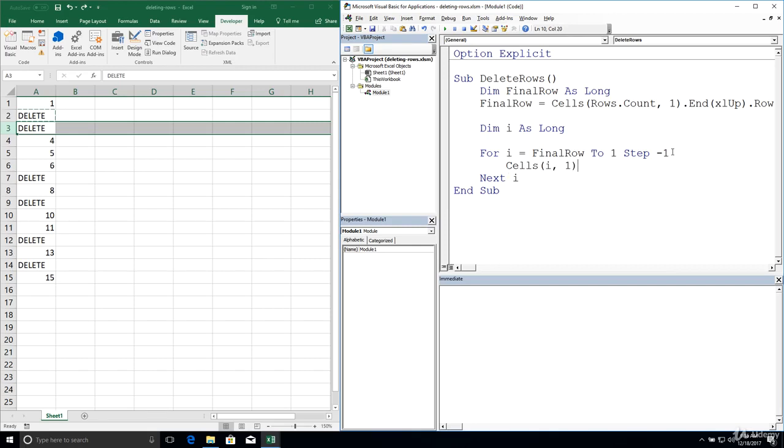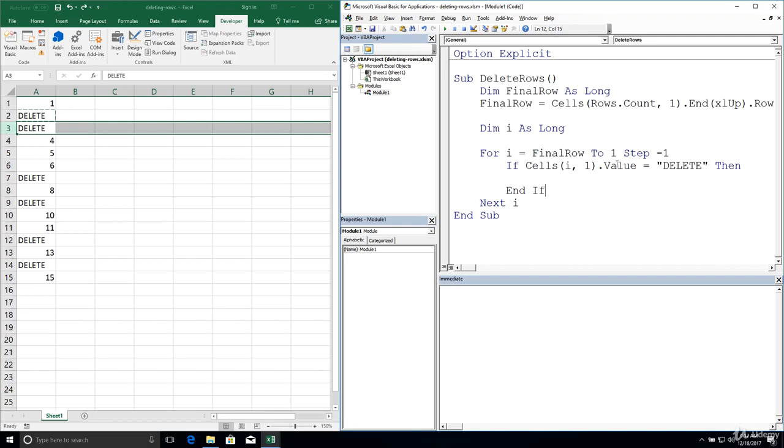And what we actually want to do is wrap this in an if statement, because our deletion is going to be based on a conditional statement. Only if the value is delete in this cell do we want to delete. So if the current value in column 1, column A, is equal to delete, make sure it's case sensitive, we'll put an end keyword here. Remember that we have to close this off with an End If.